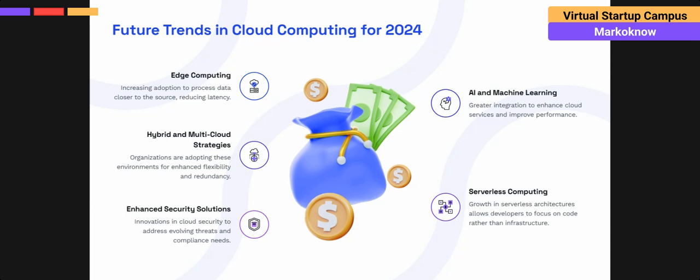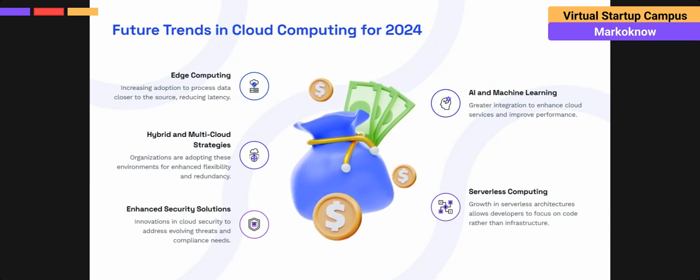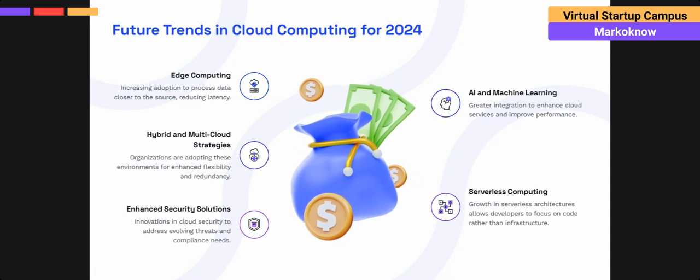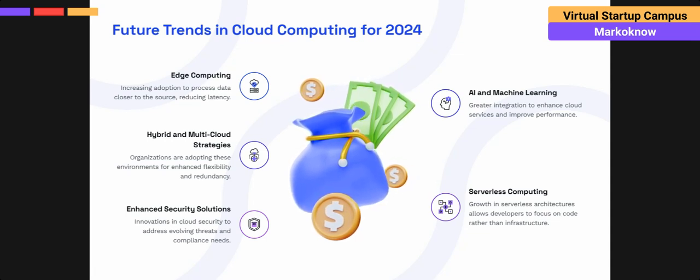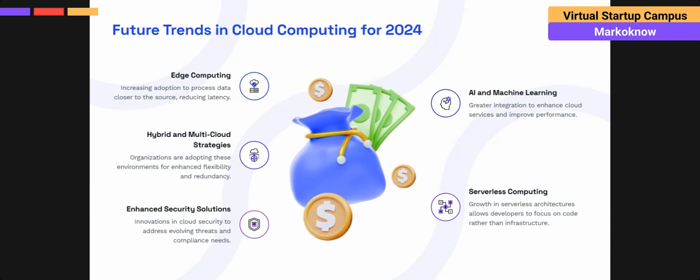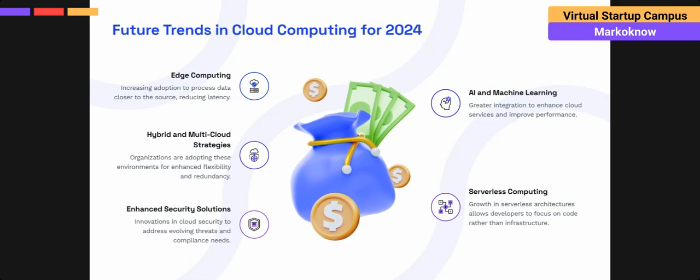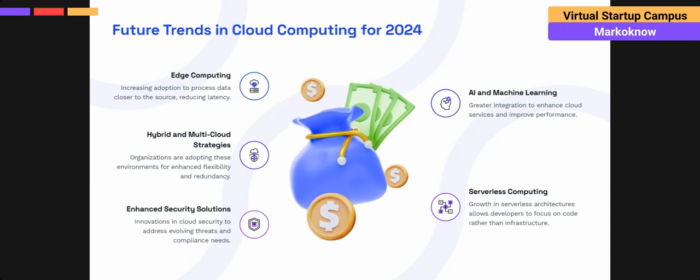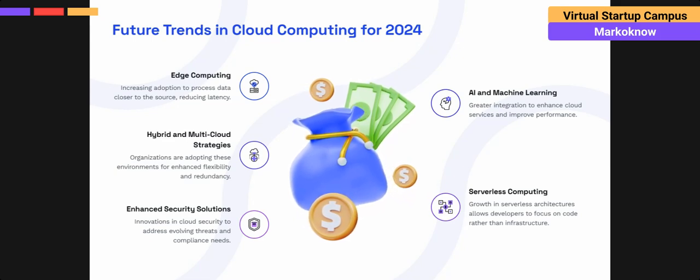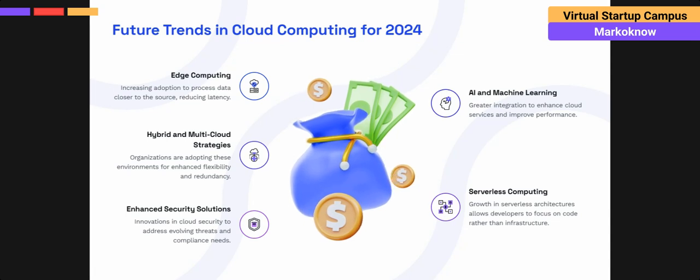So hybrid and multi-cloud system strategy. What's the meaning of hybrid? Hybrid is the concept of taking data from different organizations into a single cloud system. And multi-cloud is having different clouds, and they directly use their part. Enhanced security solutions address threats and issues: you cannot save your data on a particular hardware, right? But you can secure your data depending on the third party software that gives the